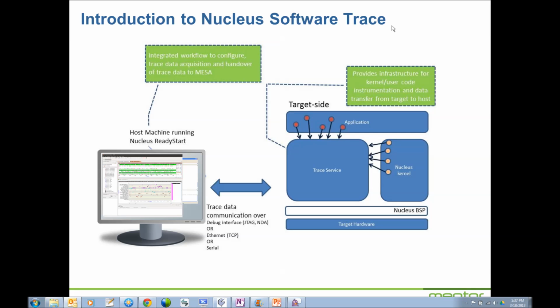This is a high-level overview of the Nucleus software trace system. The solution comprises host side and target side components. On the host side, the user is provided a cohesive infrastructure for configuration, acquisition, and visualization of trace data, all within a unified workflow. And on the target side, we've added a new service to the Nucleus operating system called the trace service. The trace service provides the application API infrastructure required for application instrumentation, trace data communications between target and host, and some APIs for arming and disarming trace instrumentation